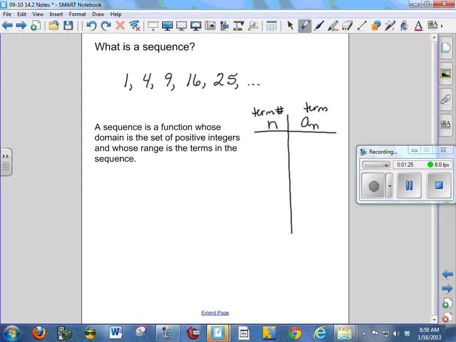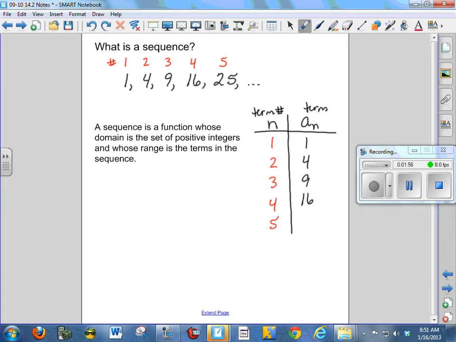We would say, let's number these terms. Term number 1 is 1, term number 2 is 4, term number 3 is 9, term number 4 is 16, term number 5 is 25. Now, if you didn't spot what the pattern was in the sequence, hopefully you do now. So if I list the term numbers, 1, 2, 3, 4, 5, and then I list the terms, 1, 4,